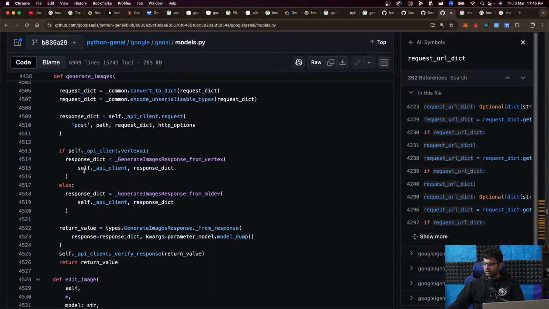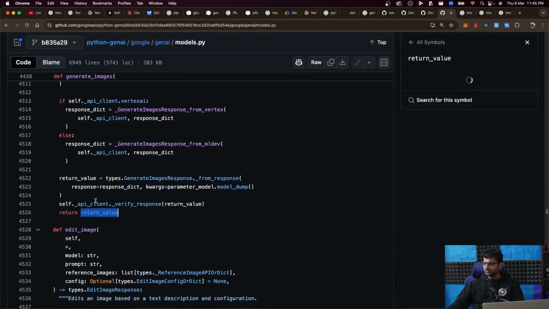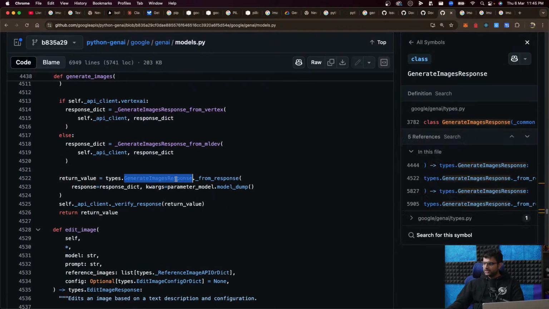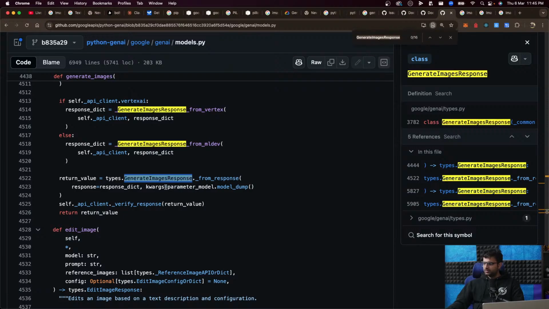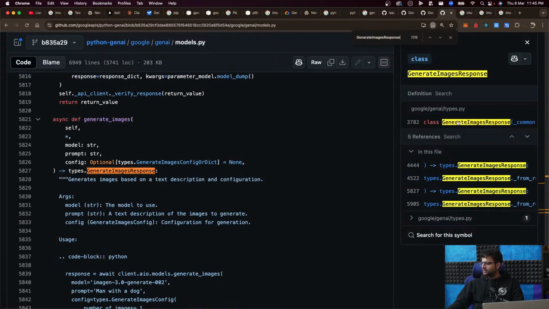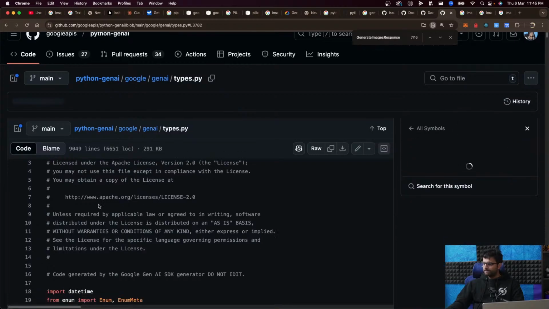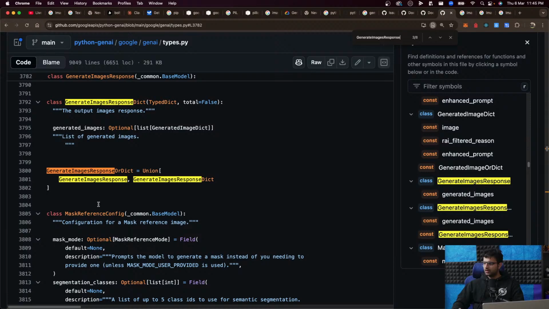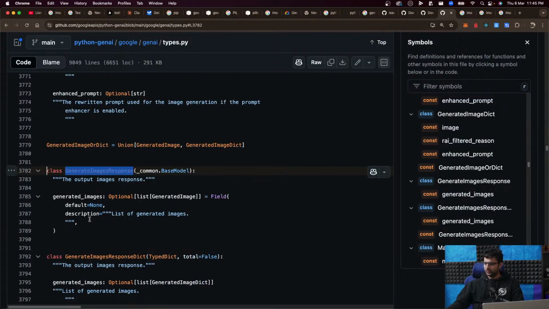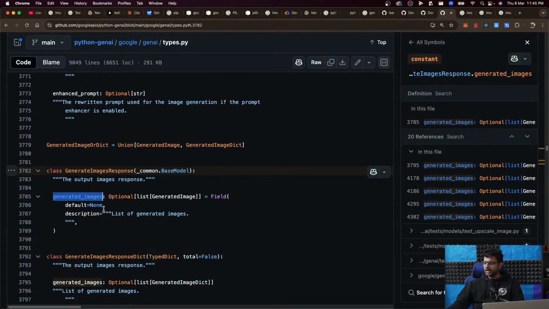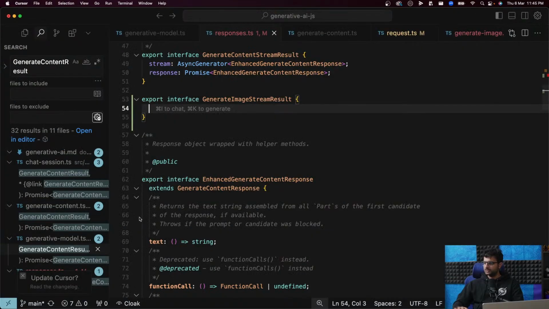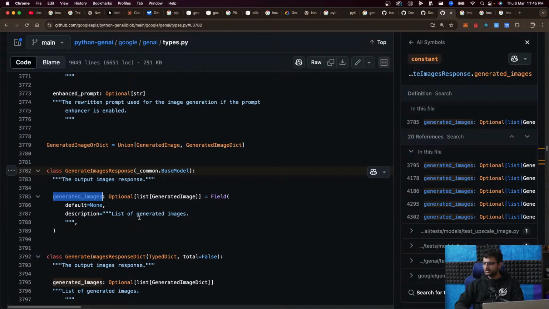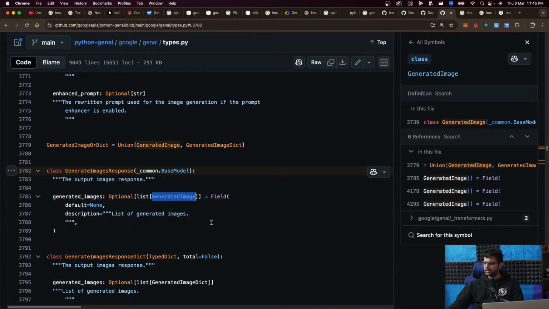So if you look at it here, what does this guy return? The return value is GenerateImageResponse. So what do you look like, sir? GenerateImageResponse looks like this. Simple as that. GeneratedImages, which is an optional list of GeneratedImage.